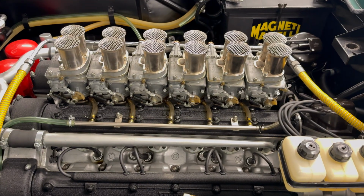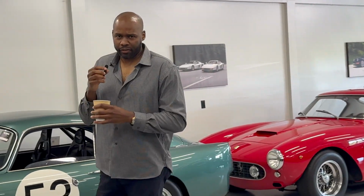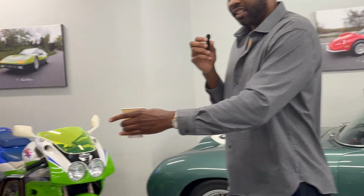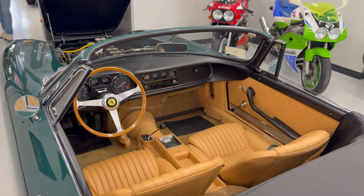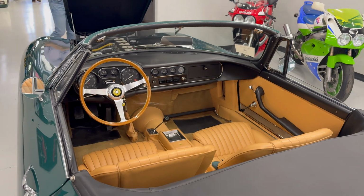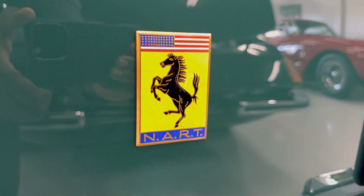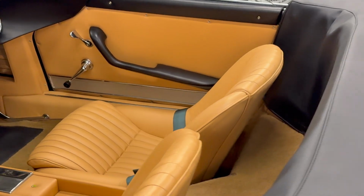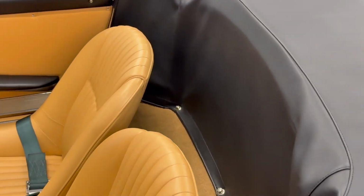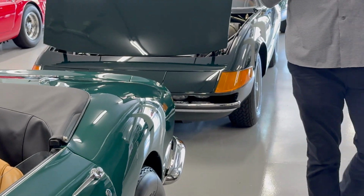And you look at this interior, it is fantastic. It is lined with the highest levels of luxury. And if you point down at the interior, you could see how beautiful the leather and the workmanship are. You could see that gear shift lever, as well as that beautiful wood rim steering wheel. It is a work of art. Everything about this car is special. This is maybe one of 10 ever made, and in my estimate, it is worth somewhere north of $10 million because it is, after all, a Nart